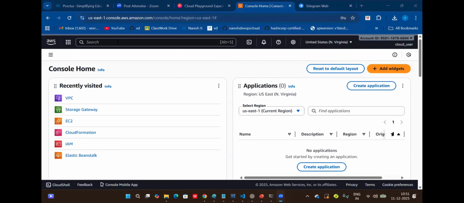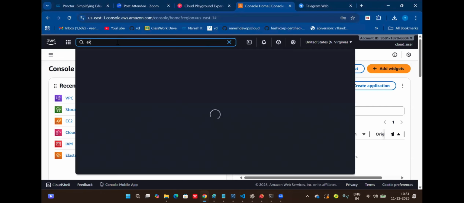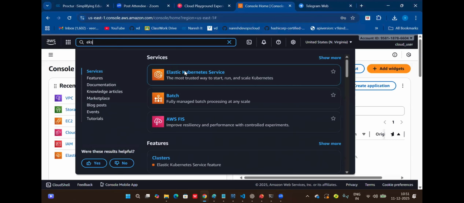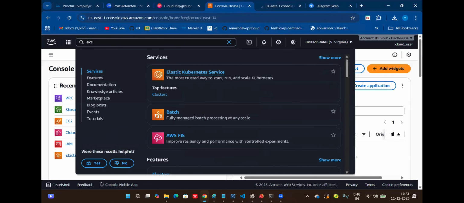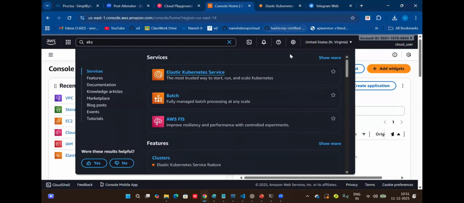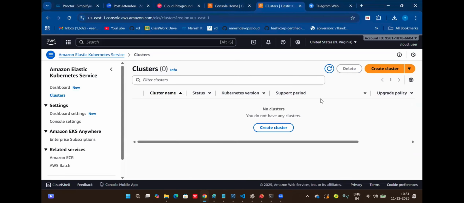Okay. So first we can focus on EKS, Elastic Kubernetes Service, a service in AWS. So you can open here. Yeah, Elastic Kubernetes Service. Okay. So guys,